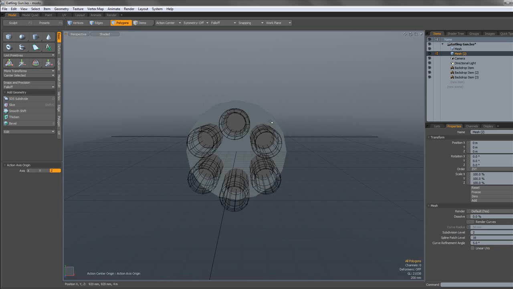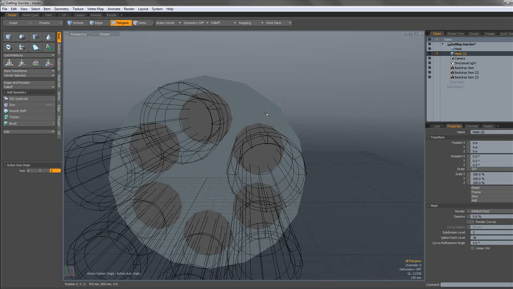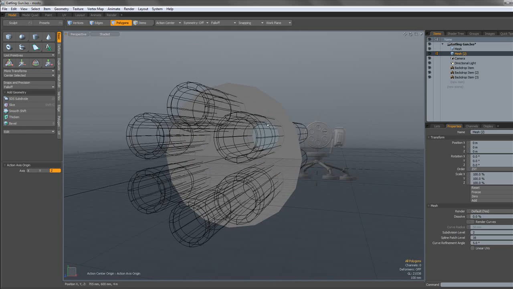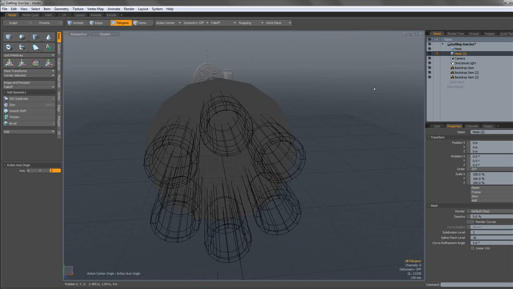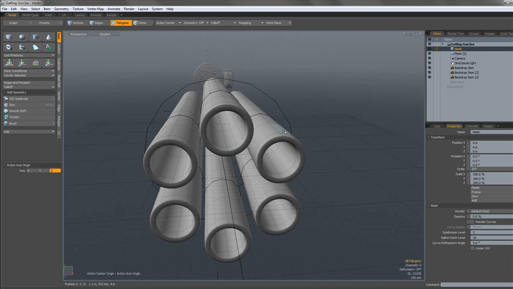Yeah, sometimes Modo likes to crash when using booleans, but this time it didn't. Lucky me. Okay, now we can go over to the